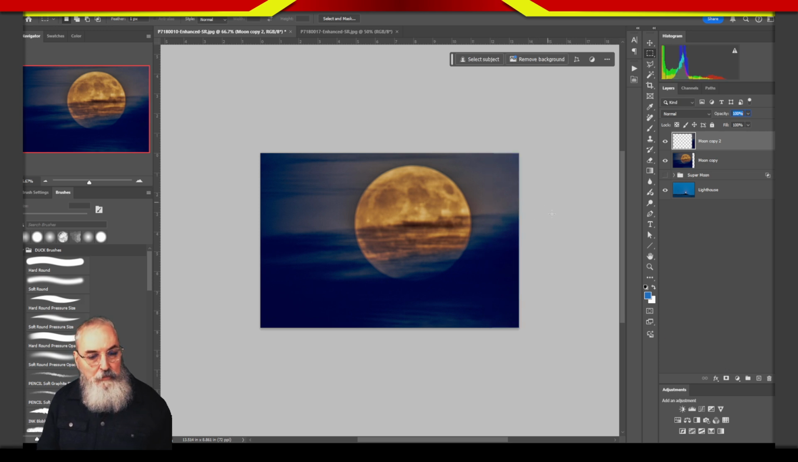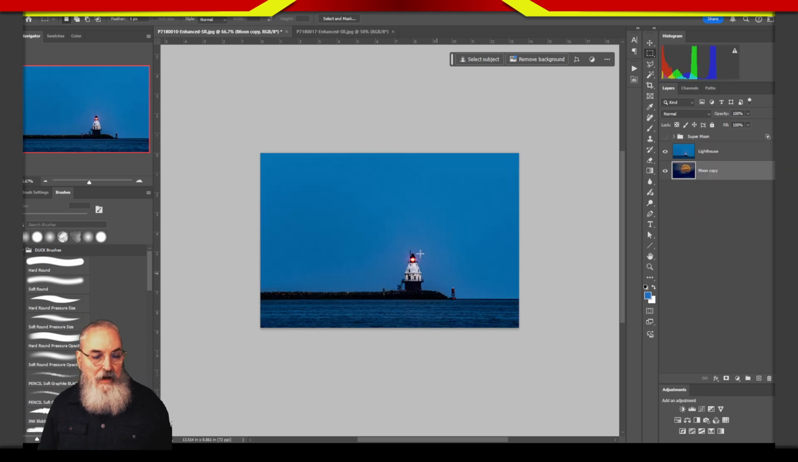Control Command D deselects it. Okay, and I had it put on a separate layer. I can go ahead and just merge that down with the moon layer. Okay. Now at this point, we can do a couple of things. I can probably drop that behind our lighthouse. Okay. And then on the lighthouse layer, okay, we can do a,